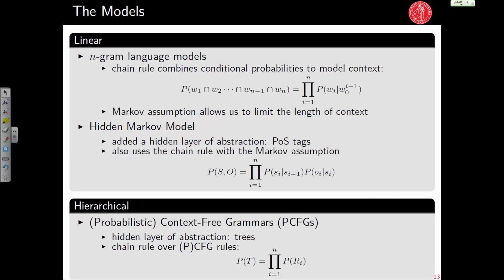I won't go into the details, I don't have a lot of time, but one thing to highlight here across these three models, these are the equations that we used for prediction. In language models, hidden Markov models, and probabilistic context-free grammars, we were using the chain rule. So the chain rule had a central role in how we defined our model, how we predicted the probability of a sentence or the joint probability of a sequence, a hidden sequence